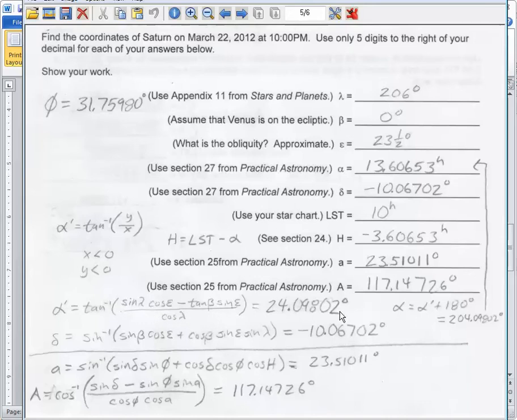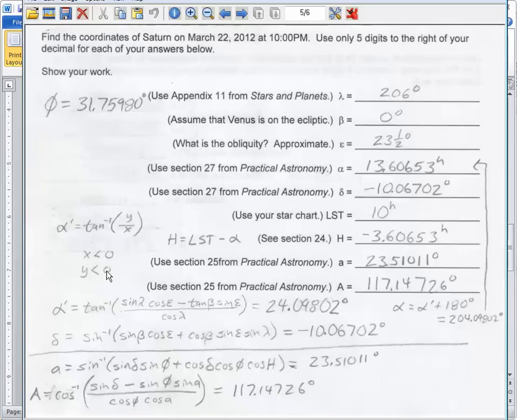But right ascension is always recorded in hours. So we've got to make sure that we do that, multiply it by 15 to get to the number of hours. Wait a minute, that doesn't look right. Oh, but it is. The reason is that if you look at the equation alpha prime equals the inverse tangent of y over x, where y is the top thing and the bottom thing is x, we find that when you do those calculations, both of those are negative. Then you can refer to a page in your textbook that talks about quadrant. It shows that it should actually be in